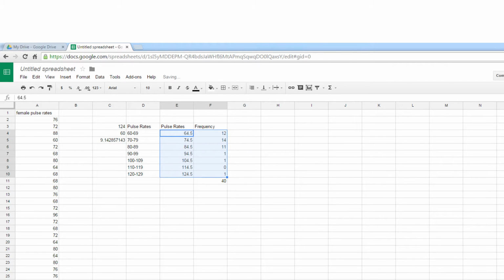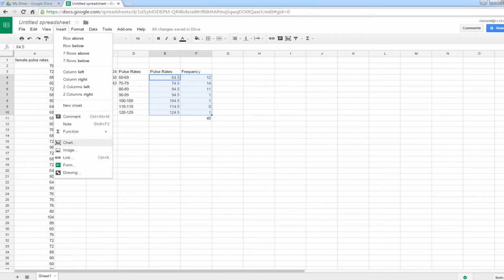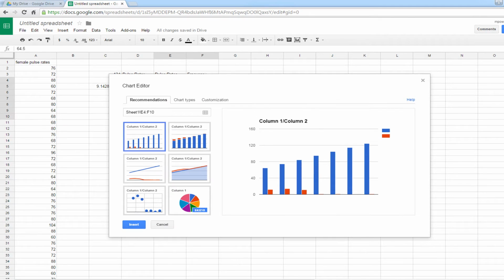And remember, don't highlight the headings, just the numbers. Google has a really hard time doing a histogram, so we're going to press Insert Chart and Histogram. A histogram is vertical, so we're going to select the vertical chart here so that everything is vertical. We want to have the frequency going on the left and our midpoint on the bottom, so we're going to press